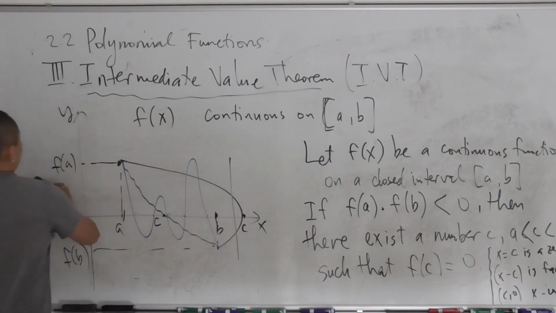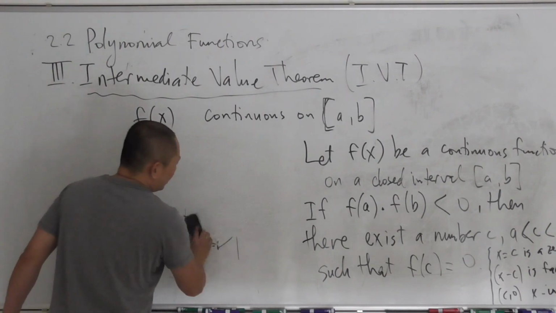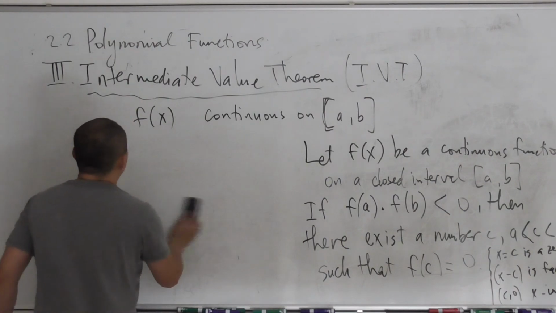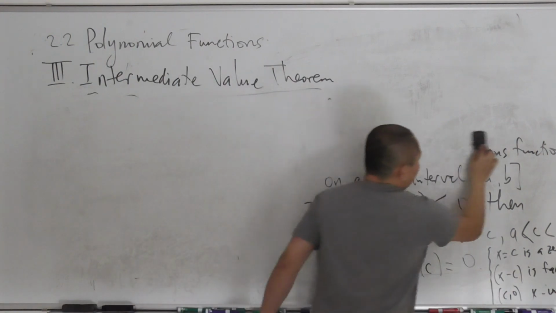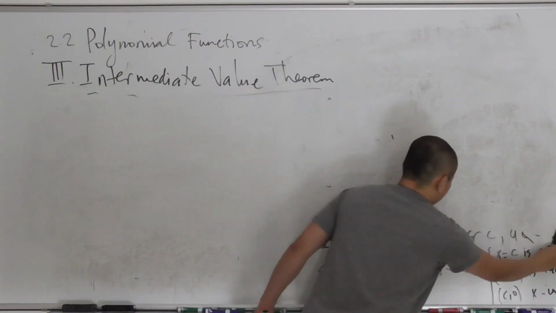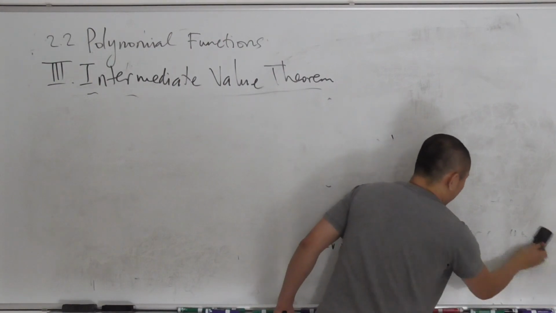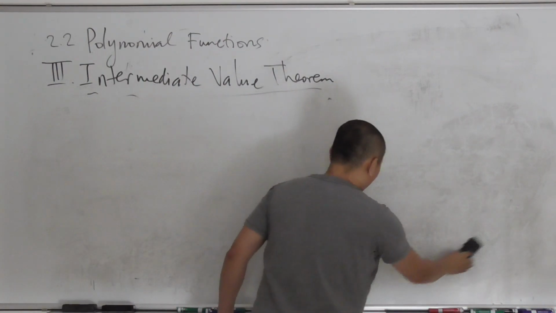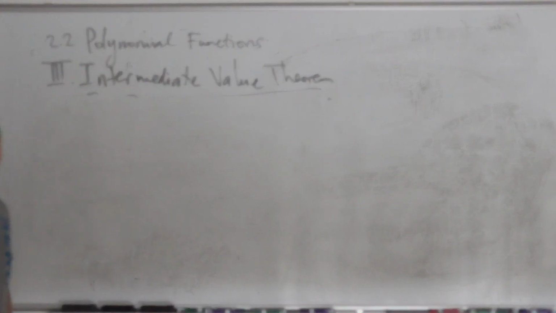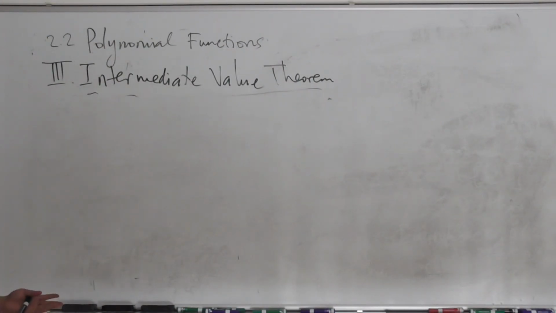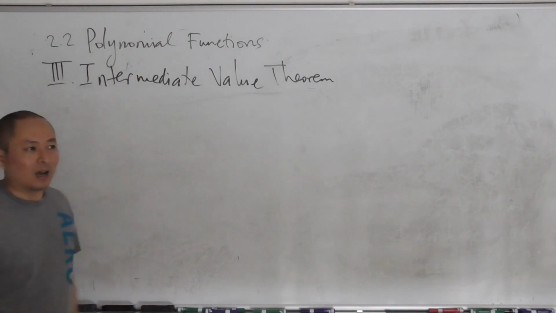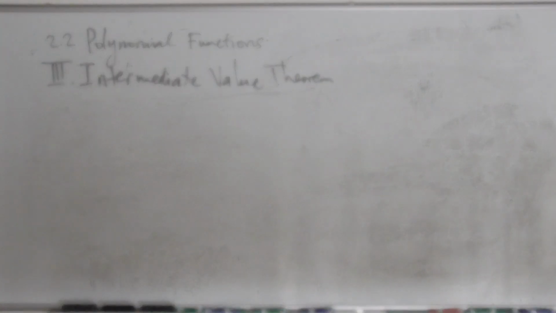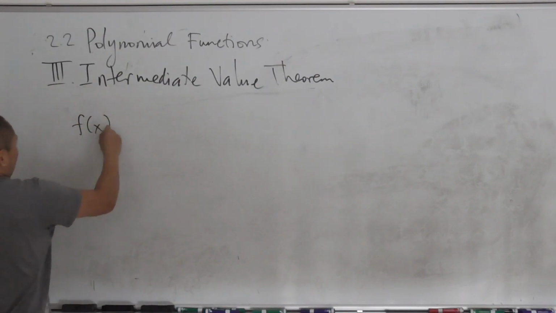Okay? And there's another question that you may ask. What is it used for? The intermediate value theorem, there's a lot of use for it. Let me just show you a couple of things. One of the bigger things that we are learning about polynomials is to approximate the x-intercept, approximate the zeros. So the intermediate value theorem at least is going to give you the approximation if we cannot find the exact zeros. Say, for example, I have this f of x equal to